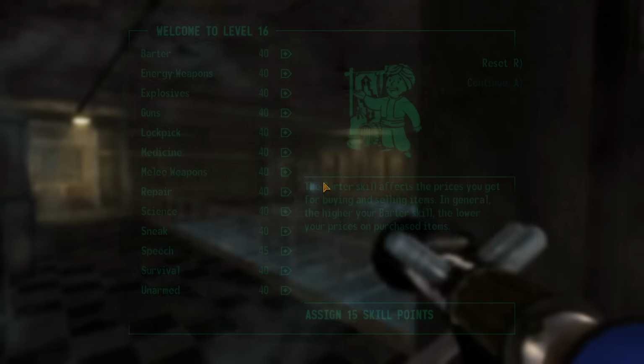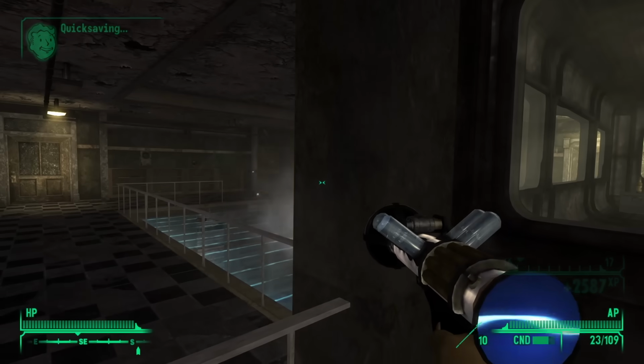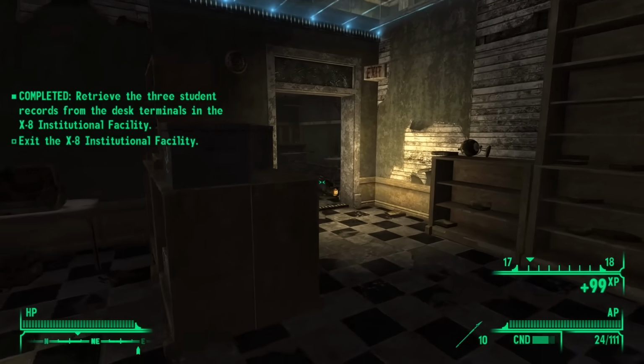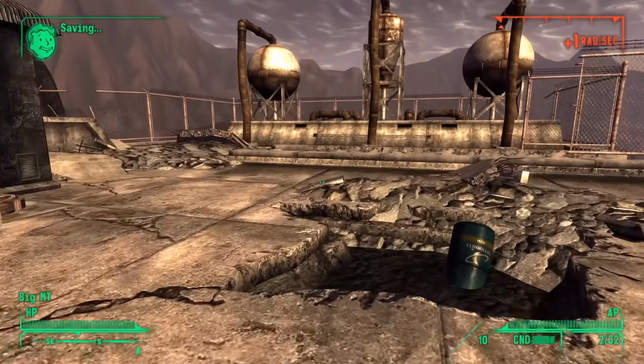As I made my way through the school, I leveled up, dumped the points into speech and guns, picked Here and Now as my perk to level up again, and dumped more points into those two skills. I eventually found all 3 records, fought a few protectrons, and left the facility in search of the X2 transmitter